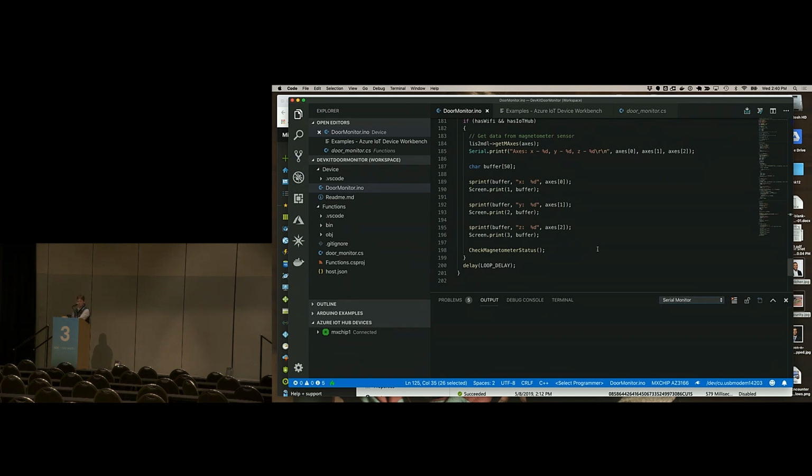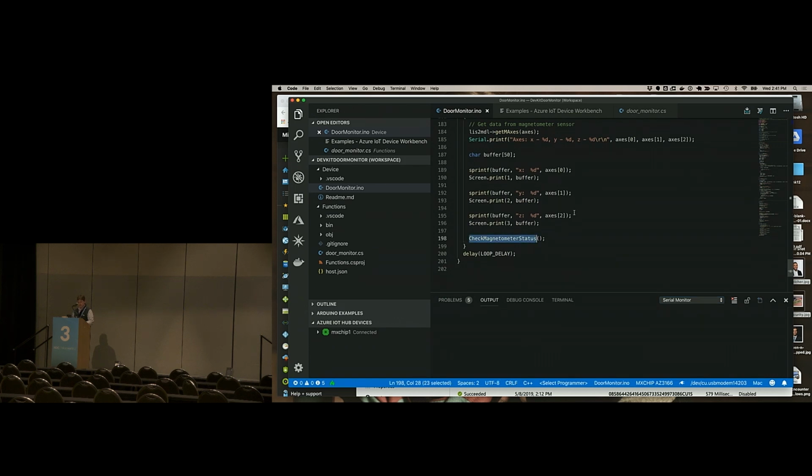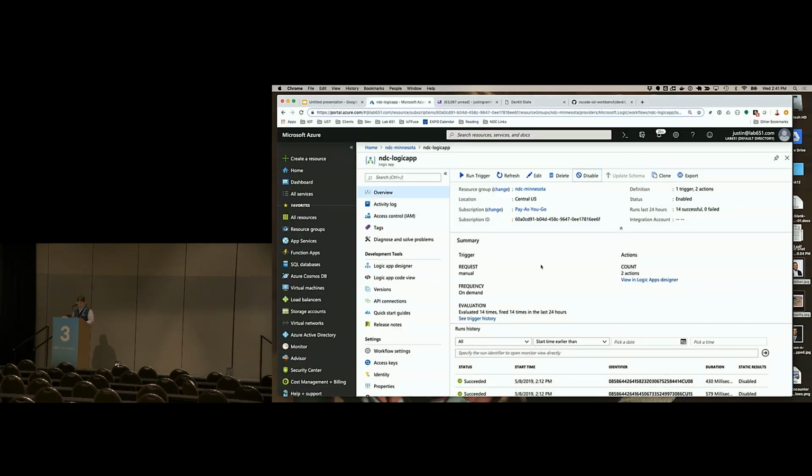So if I end up moving this thing close to there, that just said, yeah, sent message. I just got a text on that, basically based on the door closing and the door opening. Yeah. So that's an example of basically being able to send data through, and you can take a look here and